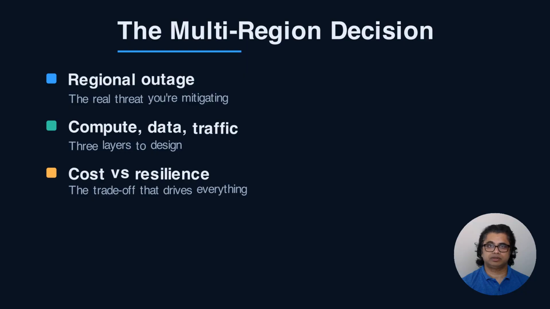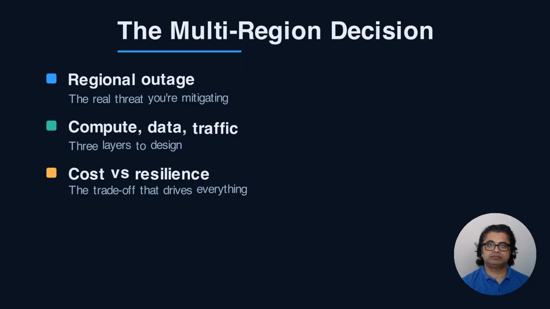In the next few minutes, I'll walk you through the criteria that actually decide your design, the realistic options for compute, data, and traffic routing, and a framework for choosing active-passive versus active-active. The goal is resilience you can afford and actually operate, not a diagram that looks good but has never survived